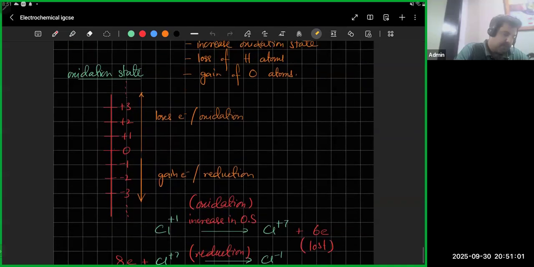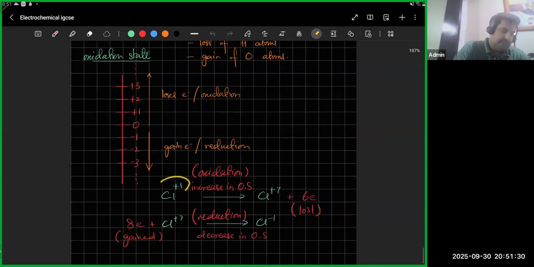So what we did last time was that whenever you gain electrons, you become more negative, right? So if the charge is decreasing, that means reduction is happening. You're going down, that means reduction is happening. You gain one electron, you become -1. You gain another electron, you become -2, and so on. And whenever you lose electrons, you become more and more positively charged. So if you go from +1 to +7, you're losing 6 electrons. And if you go from +7 to -1, that means you're going down, you're gaining electrons. The easy way to remember this is reduction means reducing. So if the charge is reducing,